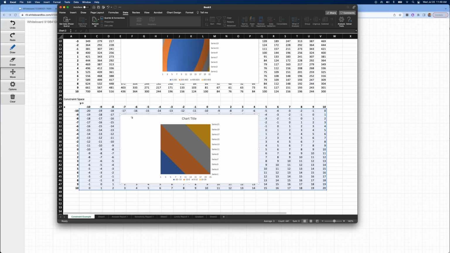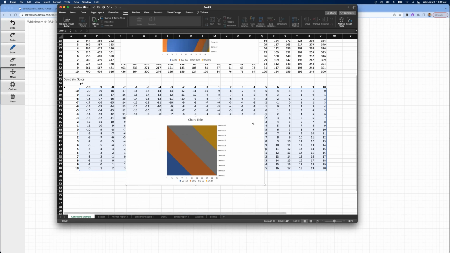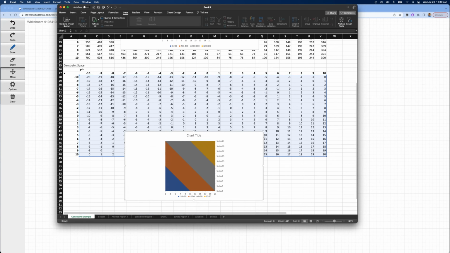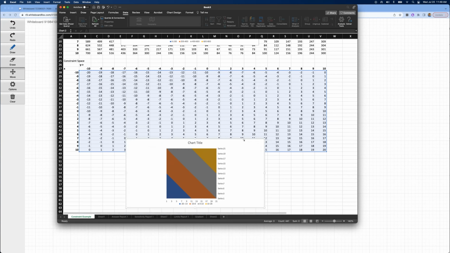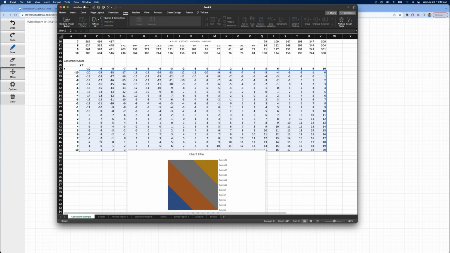Okay, so this is what the constraint space looks like. You can see x plus y, and that kind of makes sense. It's this linear space, and we want x plus y to be greater than 1. So you can see there's this diagonal that goes through here where it's all equal to 1. And apparently this is oriented a little bit differently. I hadn't realized that, but this visualization is rotated slightly from how this matrix is set up here.